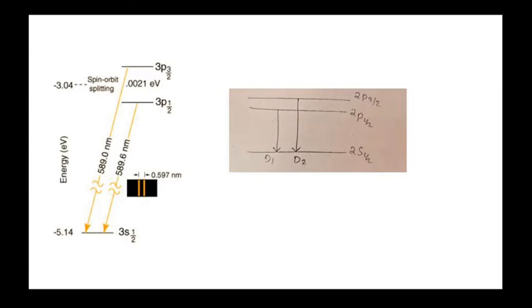Here this 2 is the multiplicity, and in this left side figure, that is 3p 3/2, 3 is the principal quantum number, that is n equal to 3, and in the right hand side 2 is the multiplicity. Don't confuse these 3 and 2.